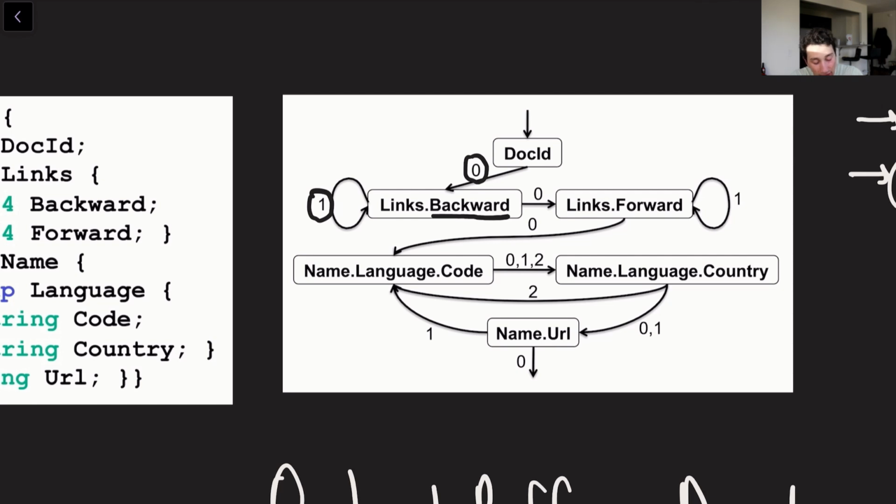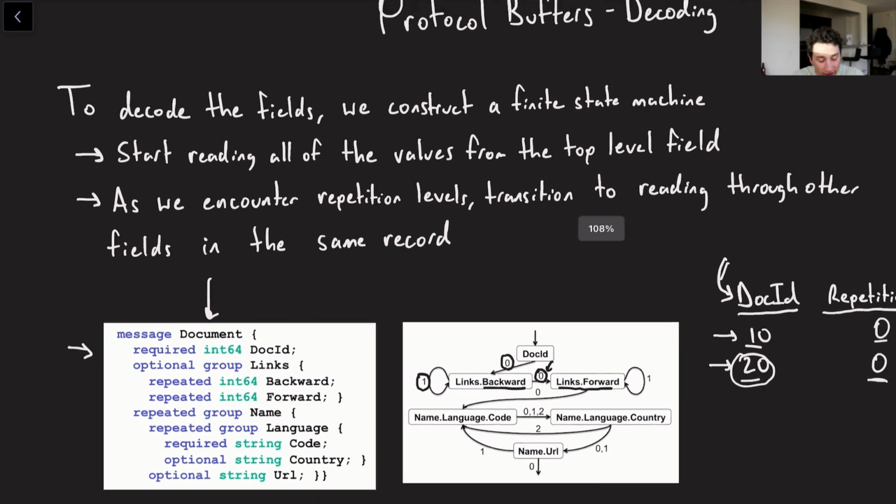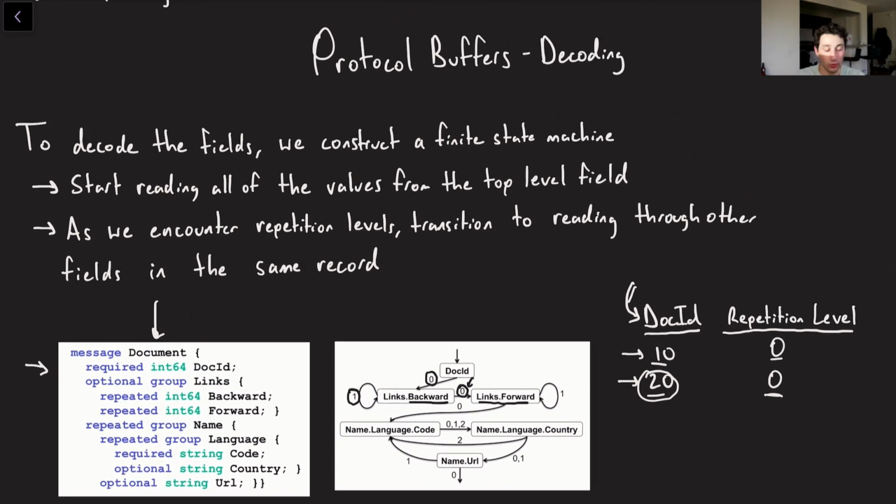The same thing applies if we see a 0. If I'm reading links.backward and I see a second links.backward with a repetition number of 0, it means this is the first links.backward in a new record. And so now I have to go ahead and iterate and start reading the links.forward before I open up this new record again. So that's really how this works at a high level.